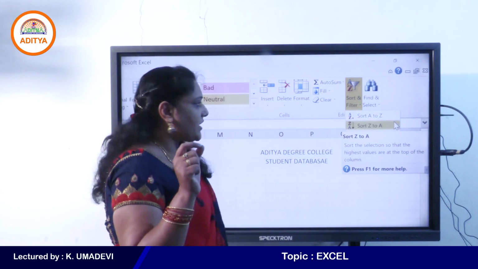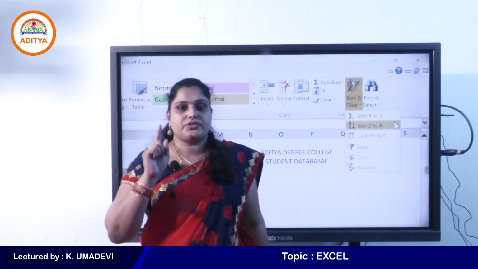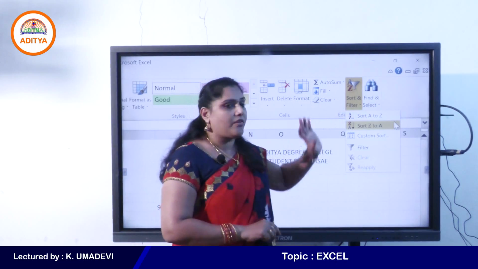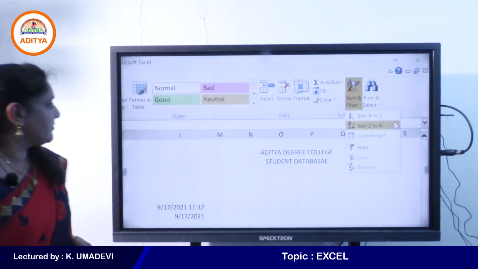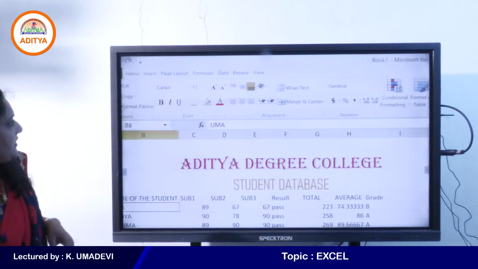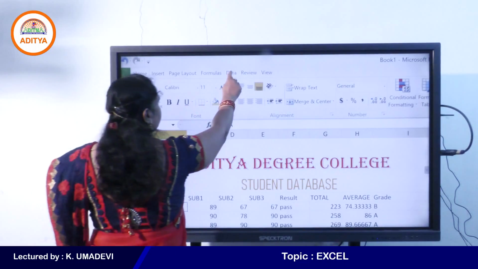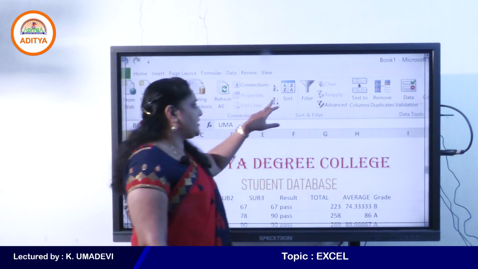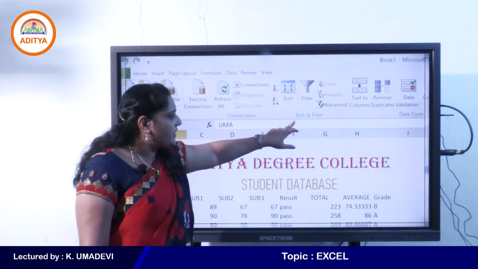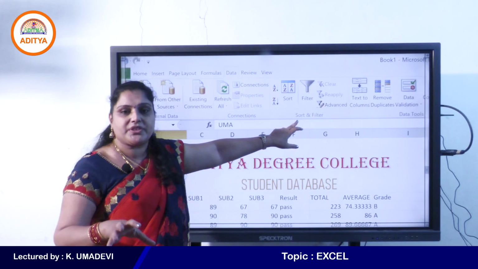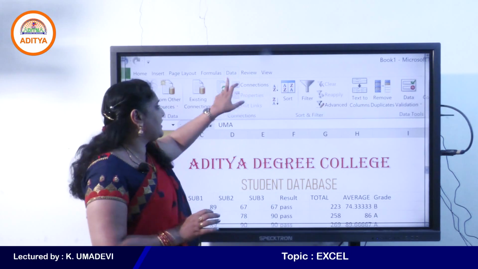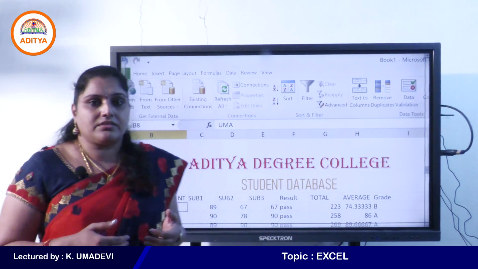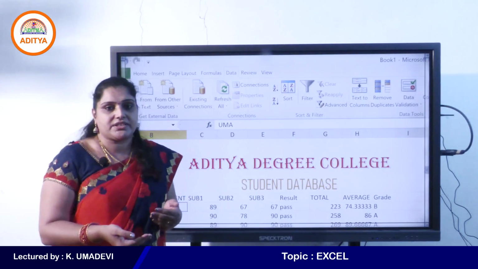So if you want to sort the data in Excel, first you can go to home tab and then click on sort tool, sort drop down arrow, or else go to data tab and select the sort command or sort tool under sort and filter group. Again, sort and filter commands are available under data tab. That's why these are called data sort and data filter. These are one of the most important features in Excel.